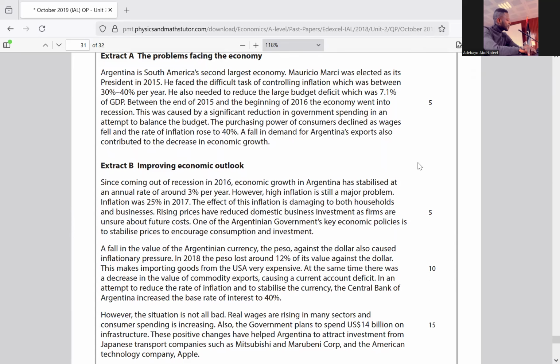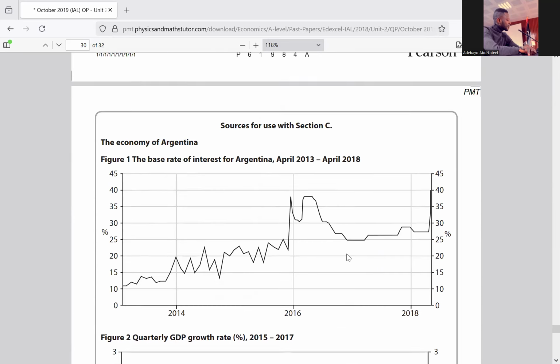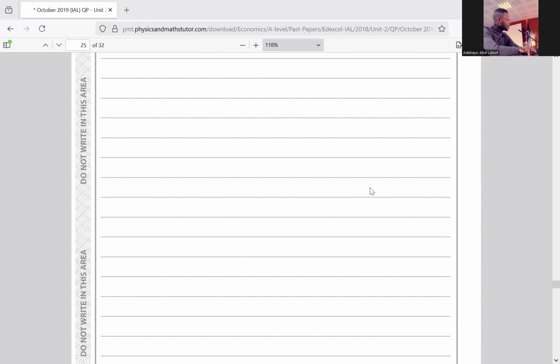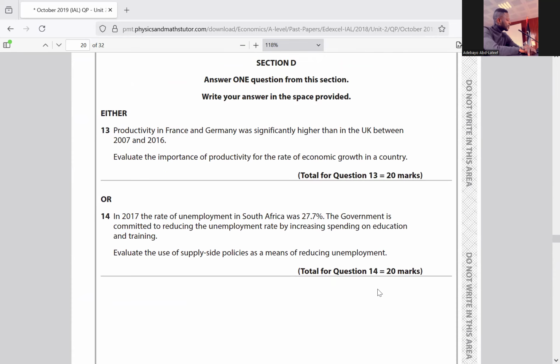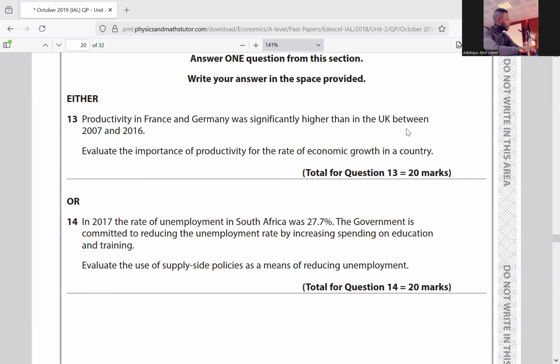So that's question 12E. So that takes us to question 13. So going back up to question 13, we have options to choose either question 13 or question 14. So I choose question 13. So for question 13, they said,